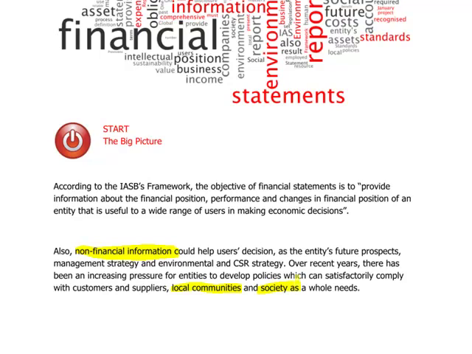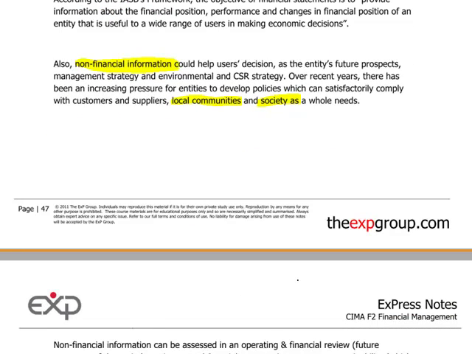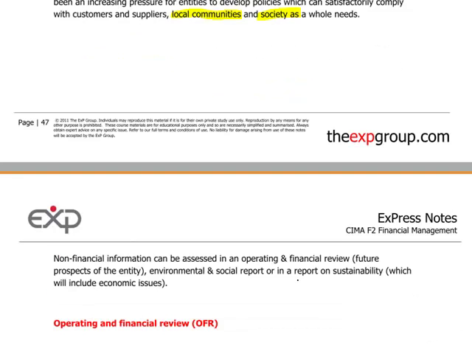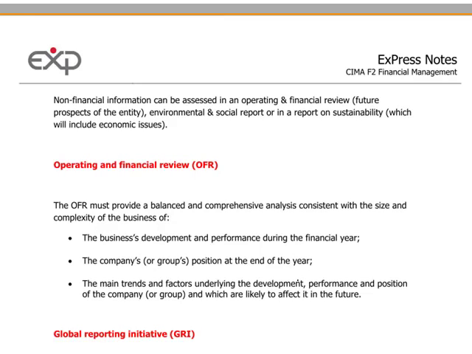And because all the stakeholders are not necessarily chartered accountants able to understand the annual reports, and even if you are, you still need additional information to have a good comprehensive analysis of where a business is at a point in time, and more importantly, where it is going. So in the chapter, we'll have various reports that are suggested to be used and submitted in addition to the annual reports, and you have to be prepared in your exam to be aware of them, to know them, to mention them and debate their use if need be.